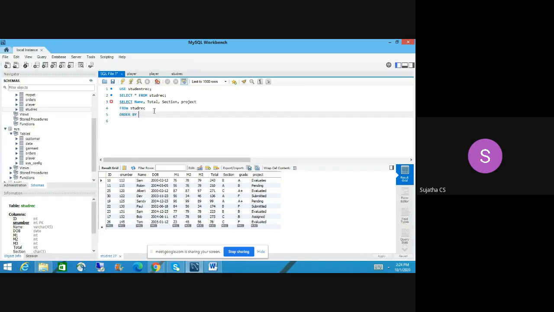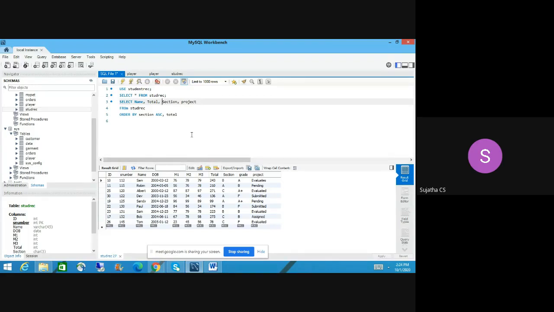First, I want to sort by section. So section, ascending order. So I am using the keyword ASC, ascending order, comma, total. So total, here, do we have any same total? No. Okay, let me add one more thing. Do we have any same thing for descending order? M1.